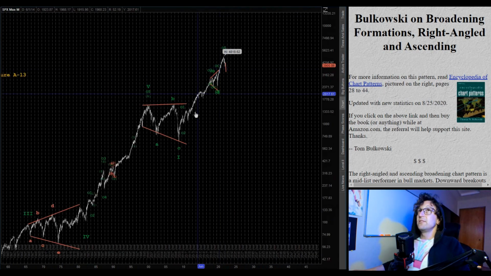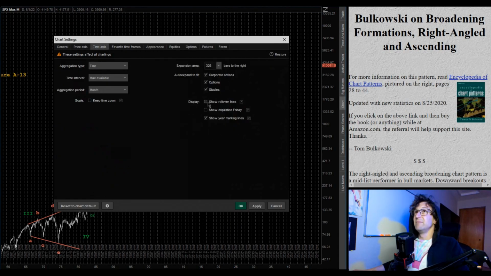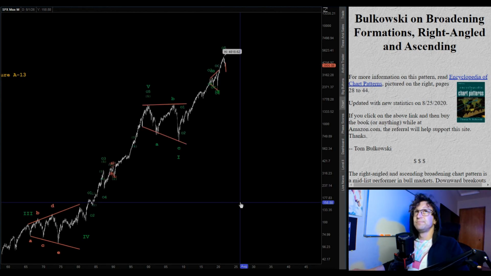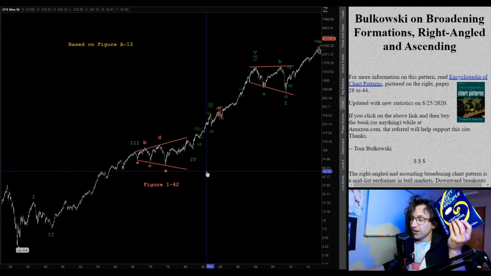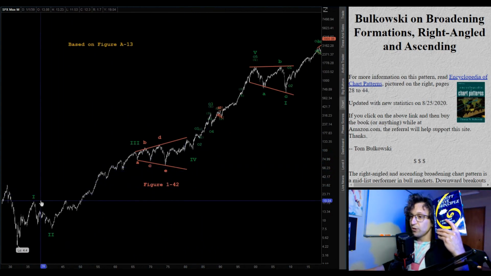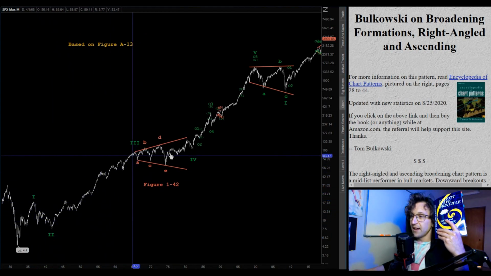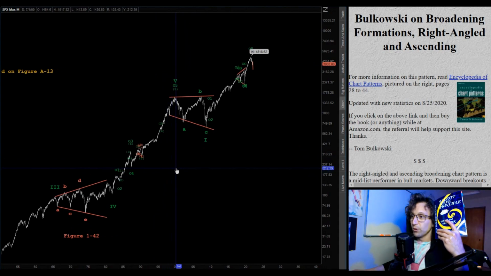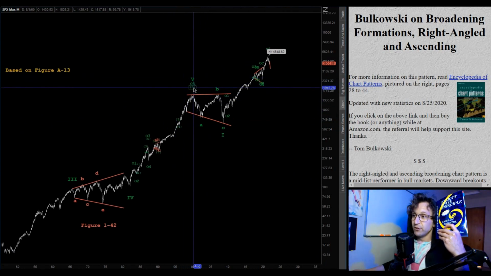Let's pull up monthly maximum. Here we go. And let's just clean up this chart a little bit. Sorry about that. I didn't know that my rollover lines and my years were on. So here we go. In this book, the authors give us some charts, and they describe cycle waves 1 and 2 as starting and ending here, and then they wrote this in 1998, which is right about here, right as the market peaked and started this big corrective phase. And this is what they were saying was the end of the 5 wave.